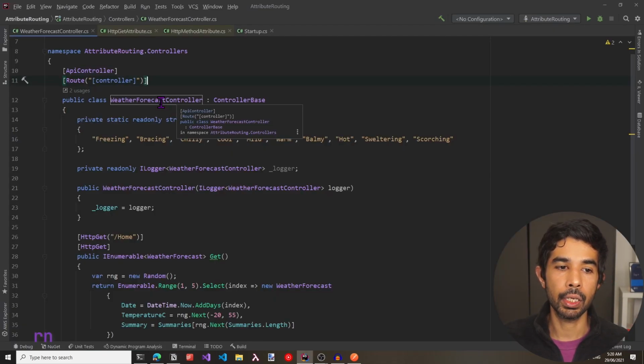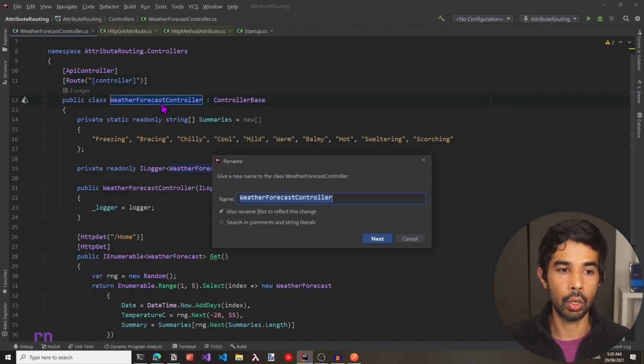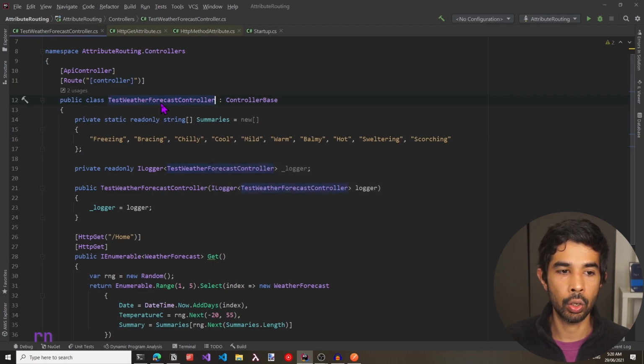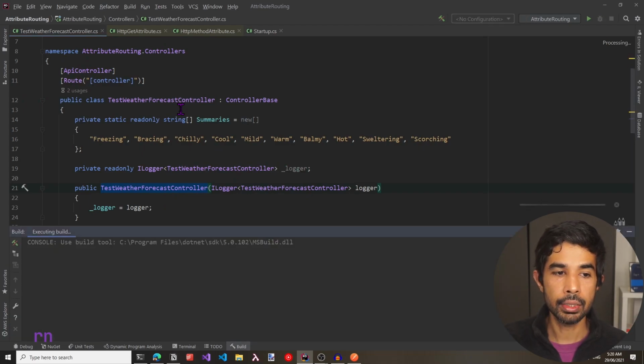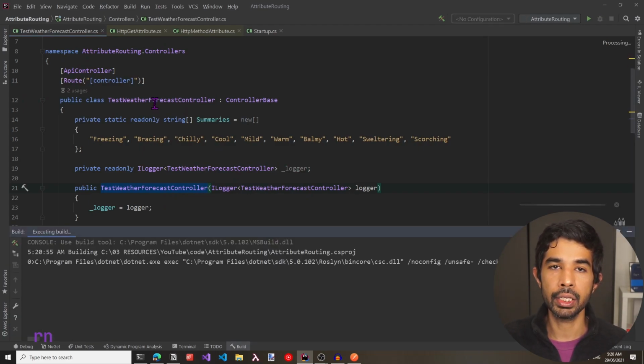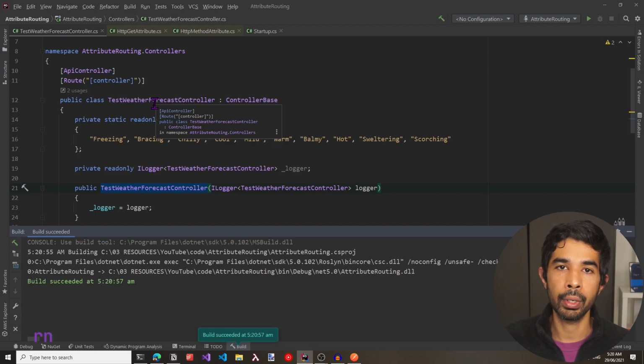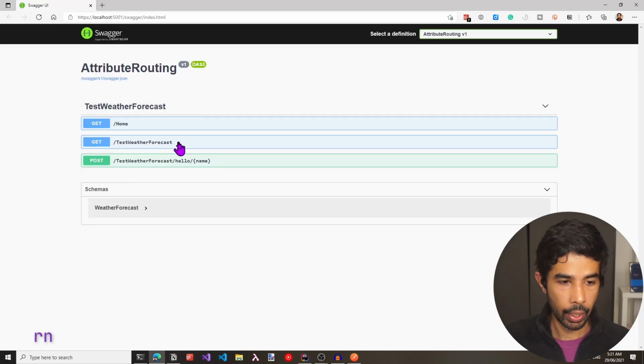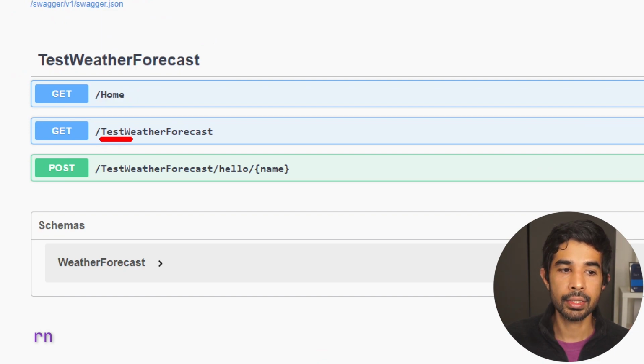If I rename this controller class, let's use Ctrl+R R in Rider and specify this as TestWeatherForecastController. This has renamed all the constructors and the associated places where this class was used. Let's run this and make sure this has now changed the route endpoint for our application. The application is running and we can now see the endpoint has /test-weather-forecast as the route